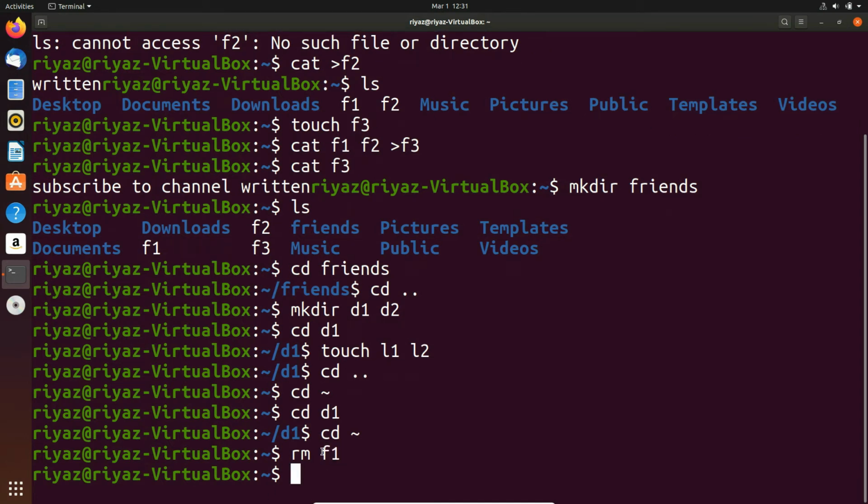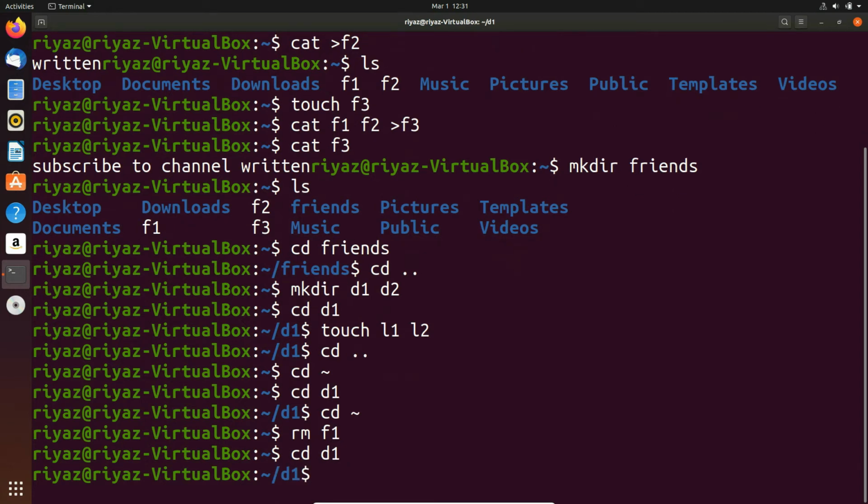and please be careful here. We are in the directory of Riaz. If we want to remove the file inside D1, just go into that directory, cd D1. A lot of guys make this mistake. They delete the file outside the directory that you want to delete from. Now I told you to delete the file from D1, but you are just typing rm F1 outside. It will not delete in D1, it will just check in the current directory.